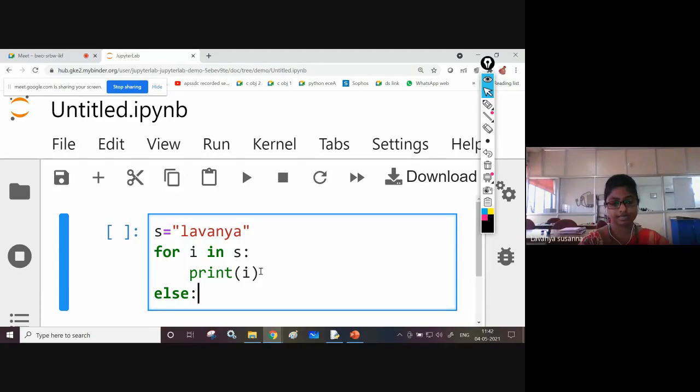Please observe the syntax. Print end. Now let us see the output.